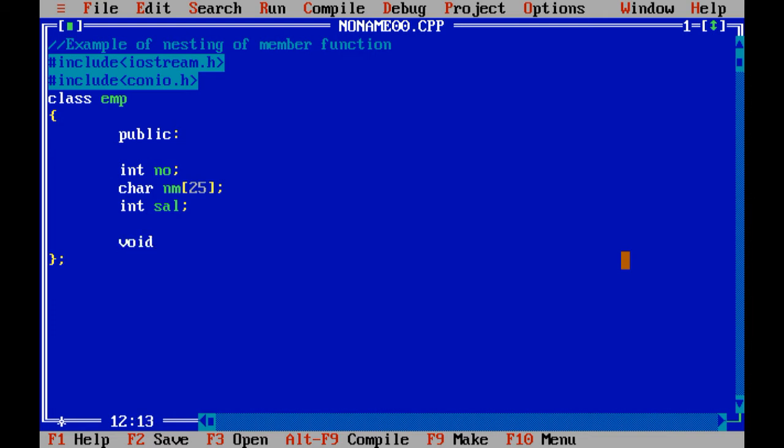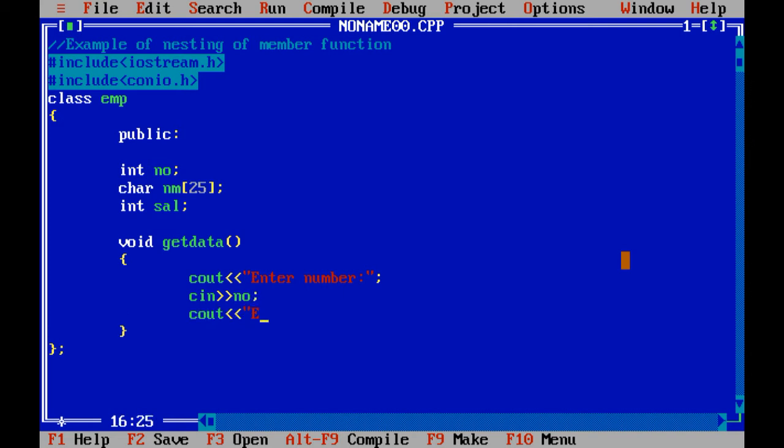Now we are going to develop void getData. getData is basically used to input the values from the user. So I am going to take three values from the user, that is my requirement. So three times I am going to use cout and cin statements. cout enter number, cin variable number.